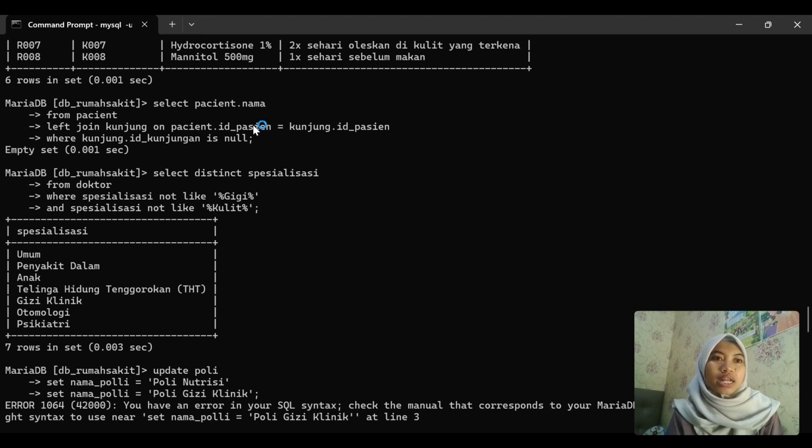The result is an empty set, indicating that all patients have had at least one visit.